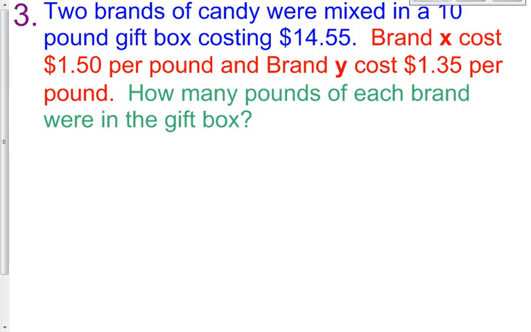Hi class, going on with number 3 for today on our word problems. This one is completely a real world problem because you will encounter this maybe even sometime in the near future